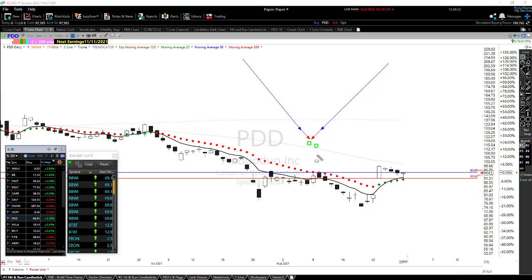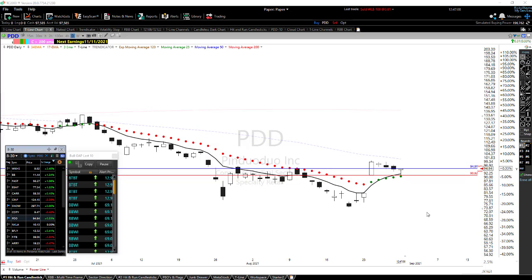If it's too tight, you're going to miss out on a lot of nice scans, nice charts. But you made me think of something, so I might try to put some candlestick signals in there. Absolutely might.